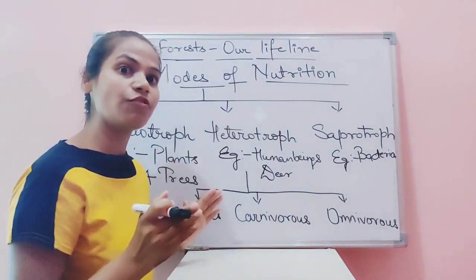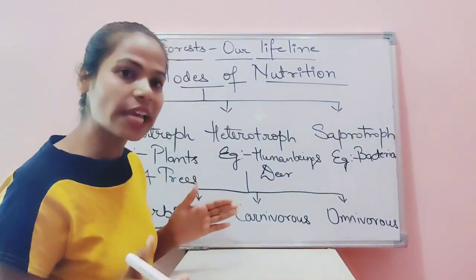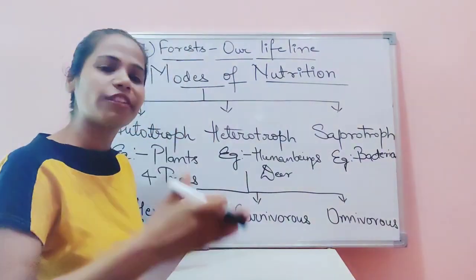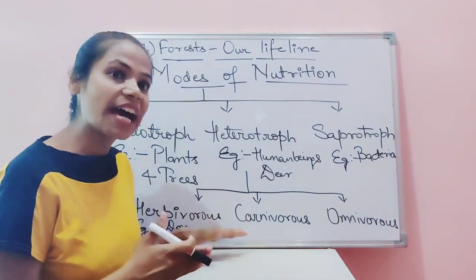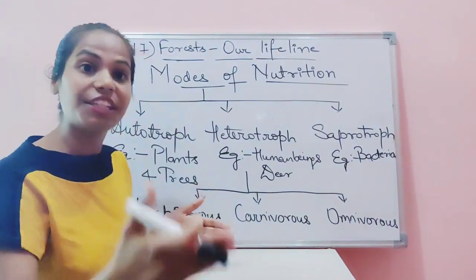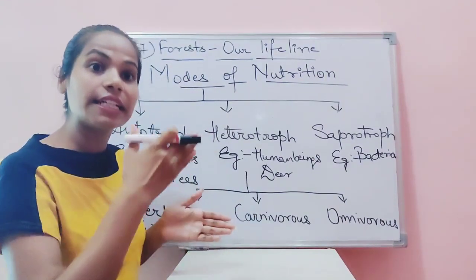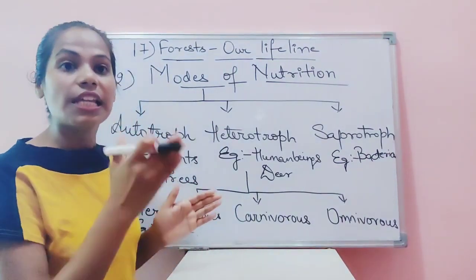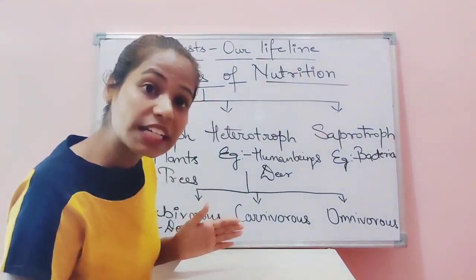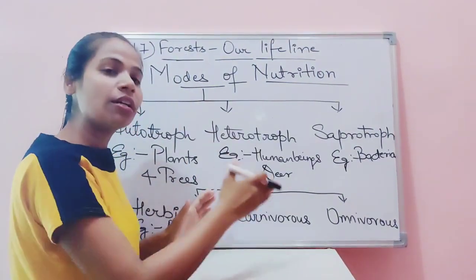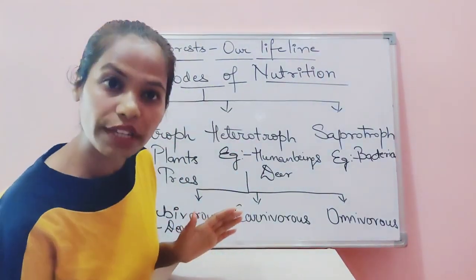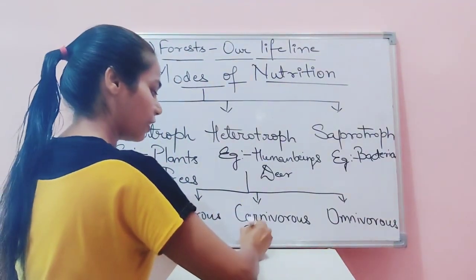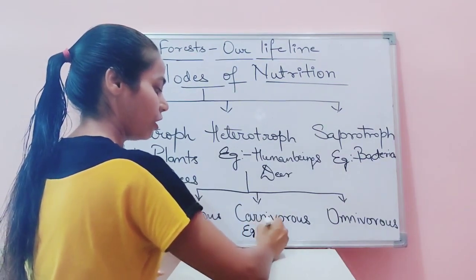Now what are carnivorous? Carnivorous are those animals which hunt other smaller animals for their intake of nutrients, like lions hunt the deer, like the tigers and the leopard hunt other smaller herbivorous animals, like eagle hunts the rats and rabbits. These animals actually hunt the other smaller animals for their intake of nutrients, children. So here we can give the example of lion.